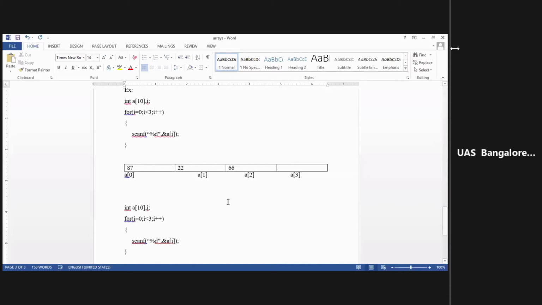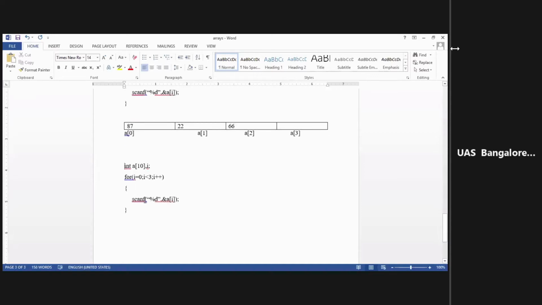For such cases we will be using a for loop, and in the place of scanf we'll put printf and just remove this ampersand, right? By doing this, whatever the element is there, it will be printed as it is on the screen. We'll just see how it will be printed.